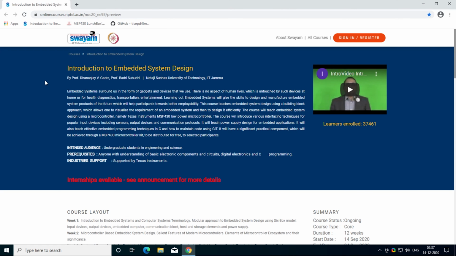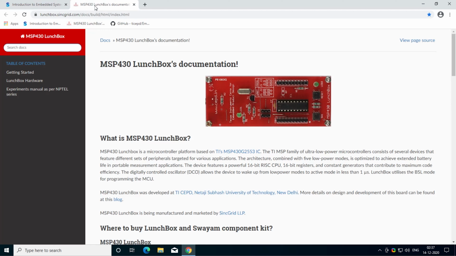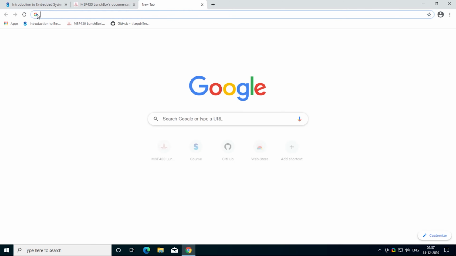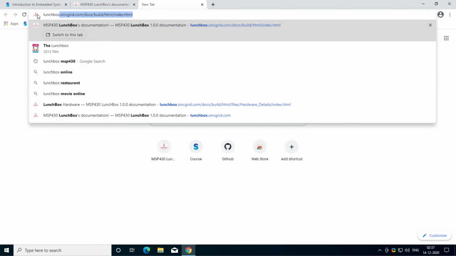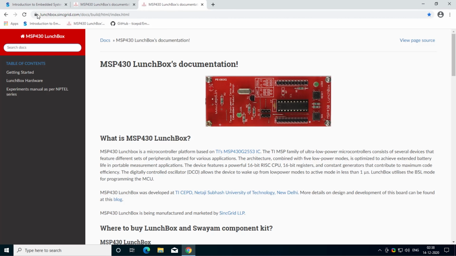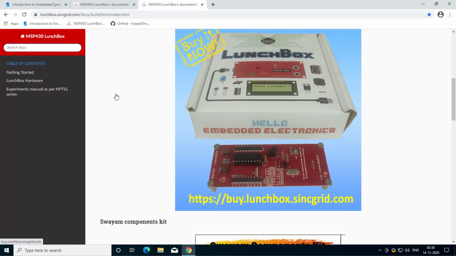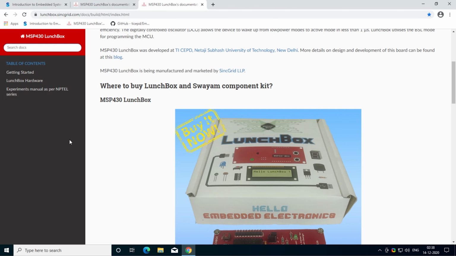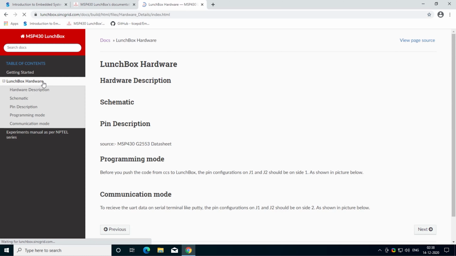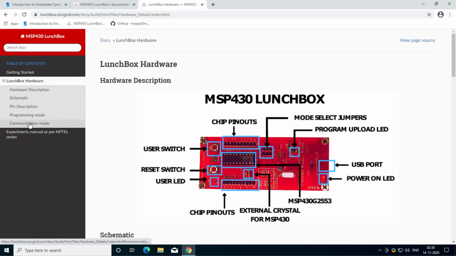There is documentation for this hardware that is provided to you at lunchbox.singrid.com. Once you open this, you will be redirected to a page that contains detailed documentation. We will be frequently using this site for various configurations needed in the CCS IDE that we will explore in a while.